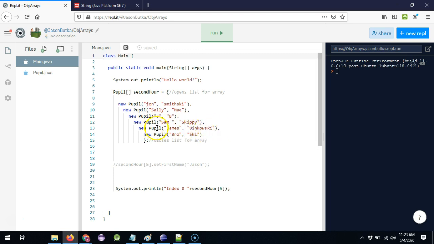Now Binkowski is the last name of a pupil object found in the second hour array, and it is the 1, 2, 3, 4, 5th object there, which means its index is 4, 0, 1, 2, 3, 4. So what we will do is we're going to first print out